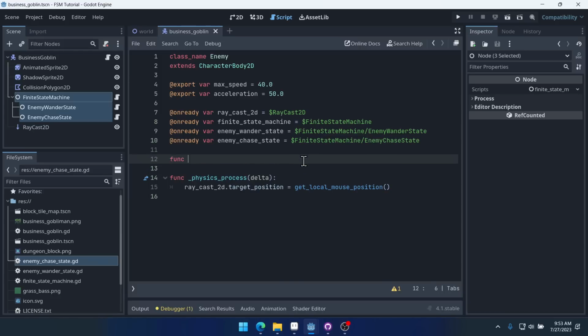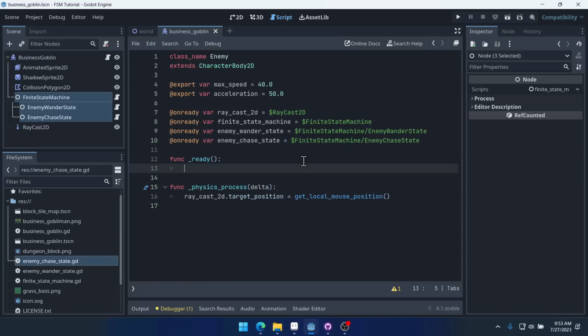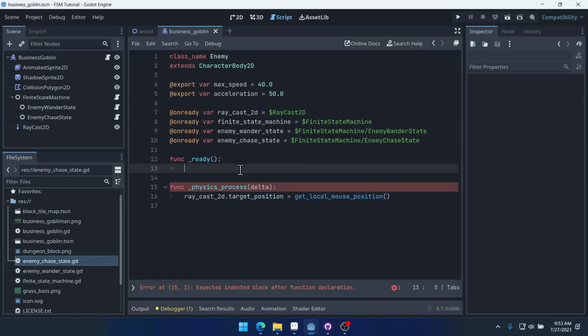Now, inside of the ready function, we can connect our states together. And the goblin itself is going to handle the logic of what state should switch to what state, because that could be different. You might have an enemy that has a chase state, but when it loses the player, instead of wandering, you want it to do something else. And so that enemy needs to handle that logic. So inside of here, we'll say,